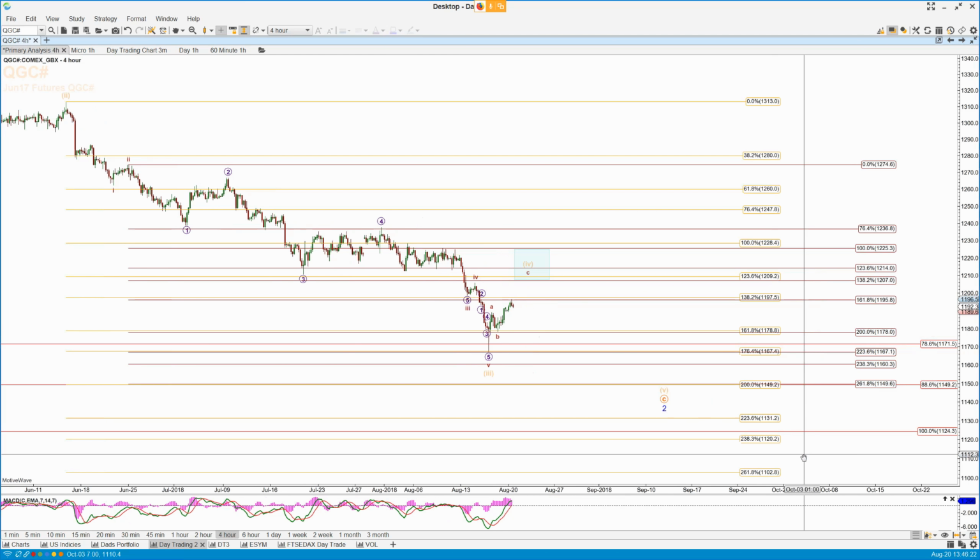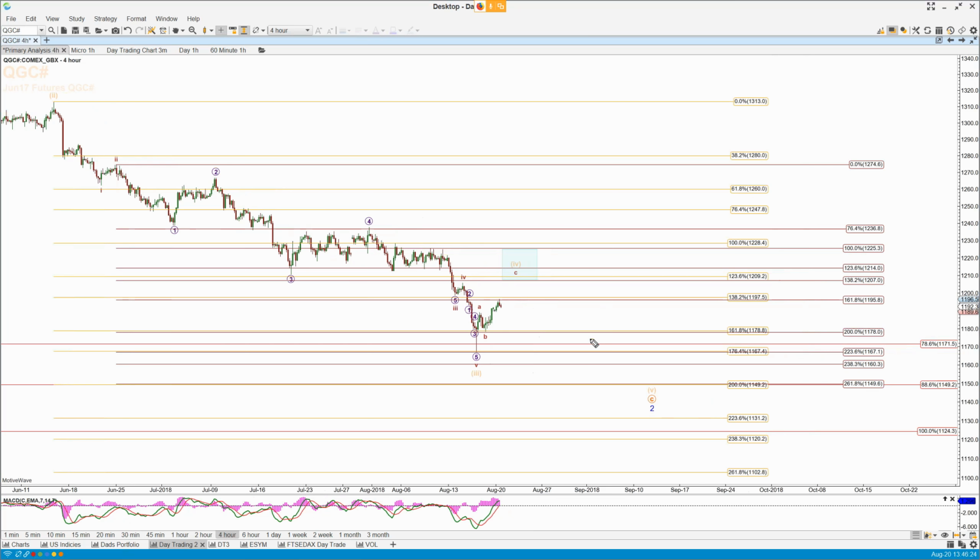And as I say, the next level to watch for a potential long entry, but we do need to be careful with this, is this 1149. That's the 887 back on what I've got as that ugly looking one as a diagonal. It's also the 2.0 extension of this current move down. The reticence I have here is it is unusual for GC to hit the 2.0 extension and for that to